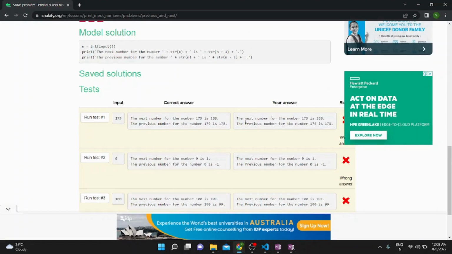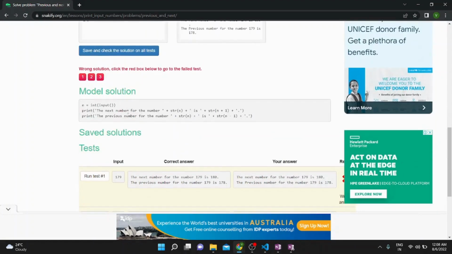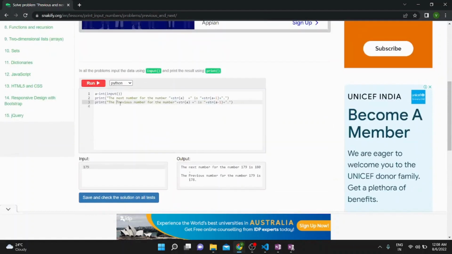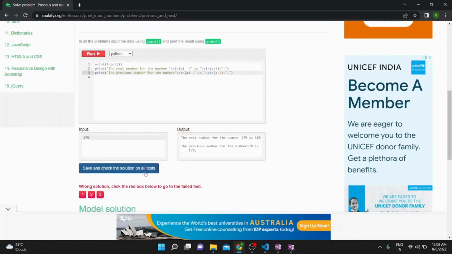So the previous p we have to make small here, as we have written capital P. Whatever is within double quotes gets printed on screen as it is. So if we now run for all the test cases, we would be able to see here,